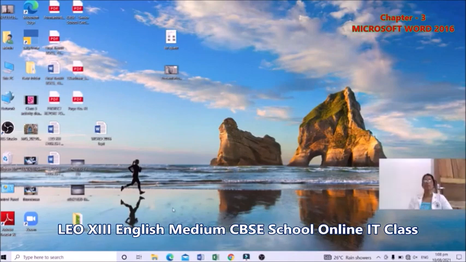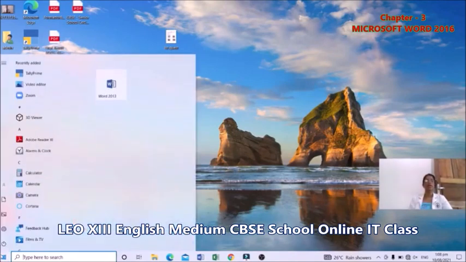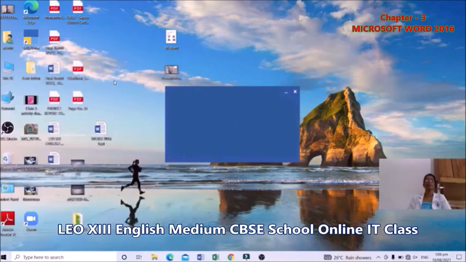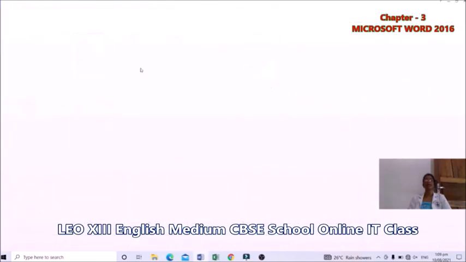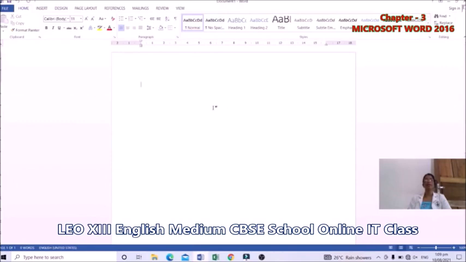The second way, click on the Start button and take MS Word from the right pane. Here we can see Microsoft Word. Understood? Click there. Take blank document again. Here we can type, we can edit, we can format our documents. We can type our name here like this. Increase the size. Take one color and turn on the caps lock key and type your name like this.